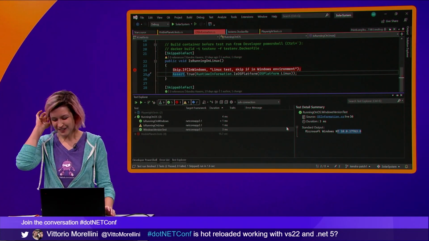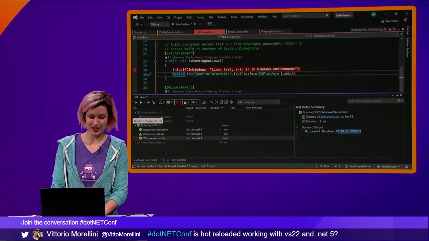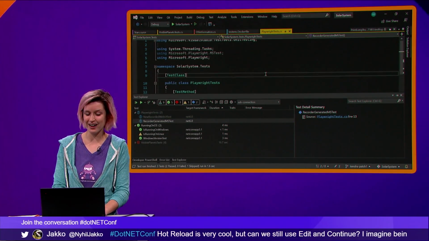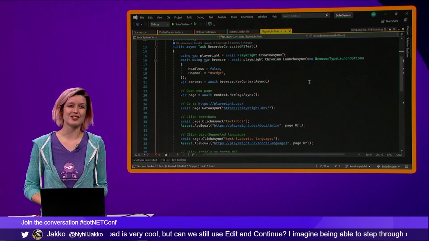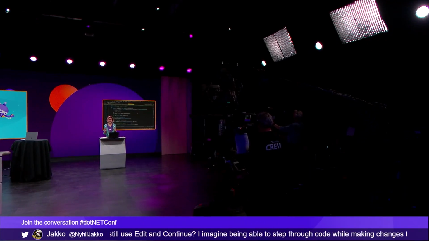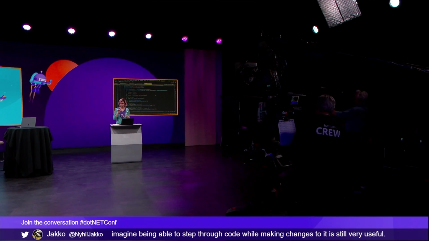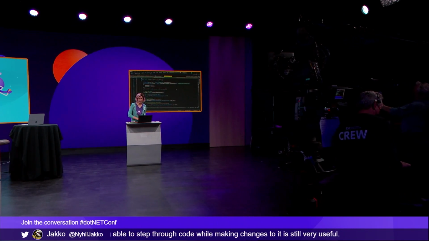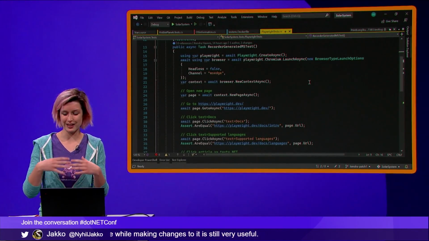Okay, so the next thing that I want to talk about is Playwright. I mentioned that Playwright is our latest web UI framework that's being developed by Microsoft in the open source. There's a lot of cool things about this. First off, it's language agnostic. It works not only for .NET, but TypeScript, Python, and Java. So it's written with a multi-language perspective from the get-go,